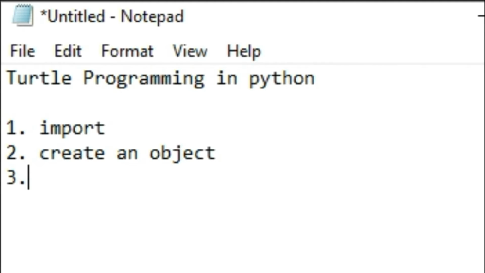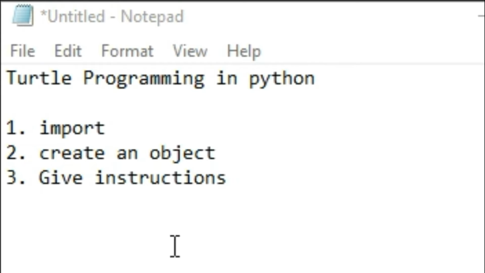Third, give instructions to the turtle. After importing the library turtle, you can access the methods and functionalities of the module, and after creating an object you can give instructions to the turtle in order to move.